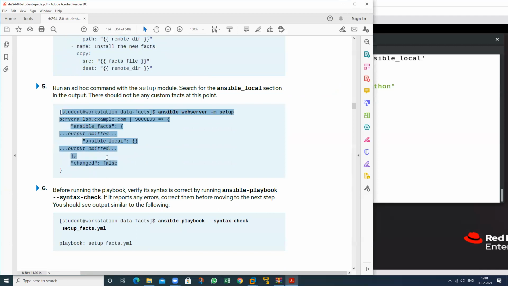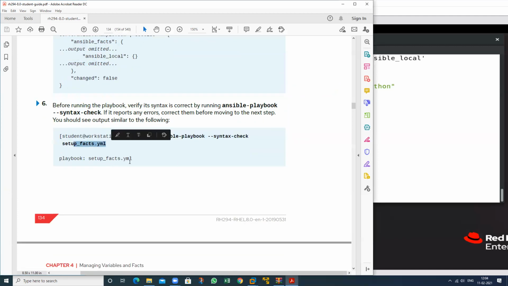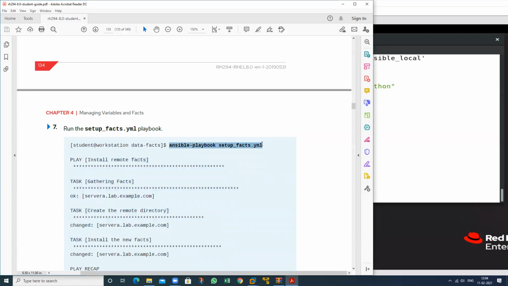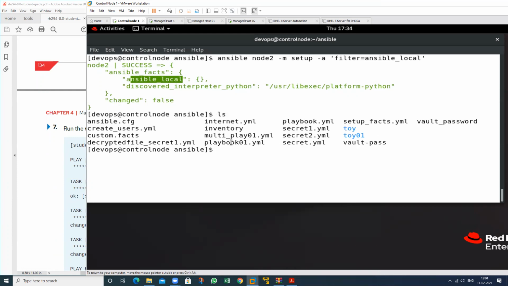So use syntax check, then run this particular fact file. What is my file name? Custom.fact. Sorry, this one. Just ansible-playbook and run this particular file.